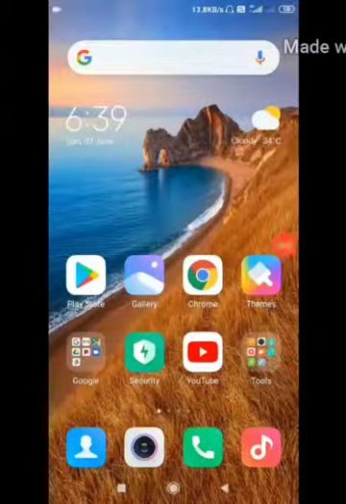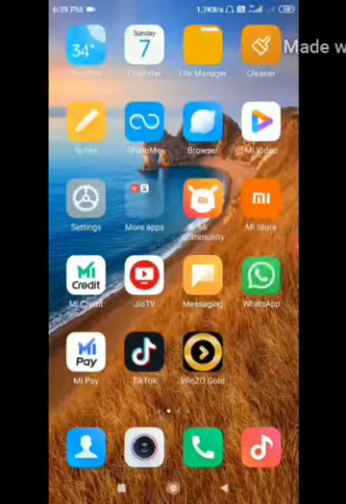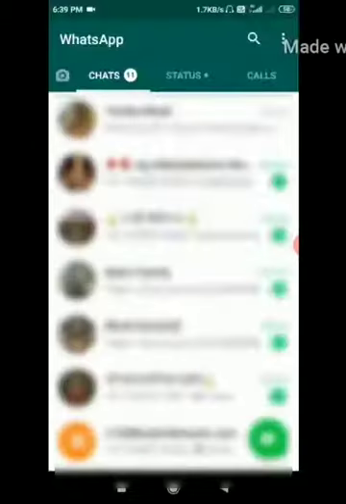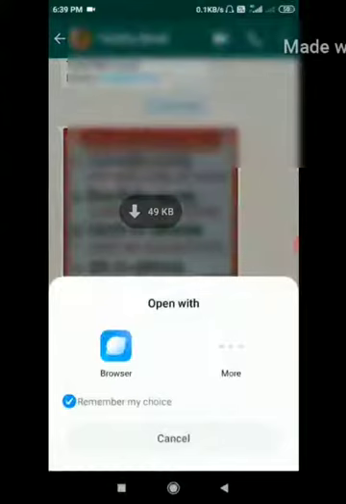Then after that we will join the meeting. This is the student's phone. Now check his WhatsApp. WhatsApp is open. Now see here, the code is received. Tap on it. It is asking to open with. I select Google Meet. It opens.